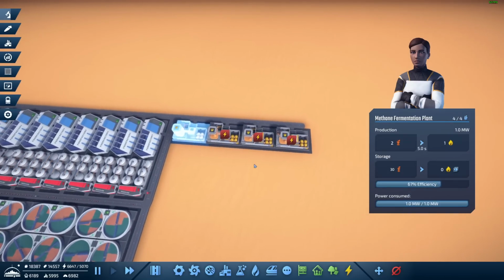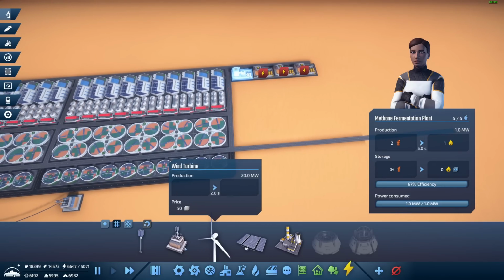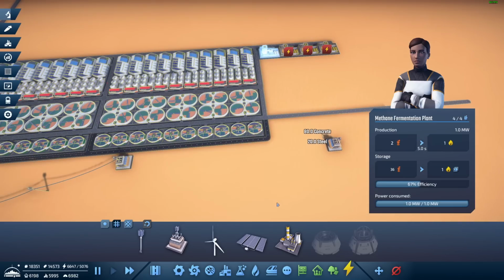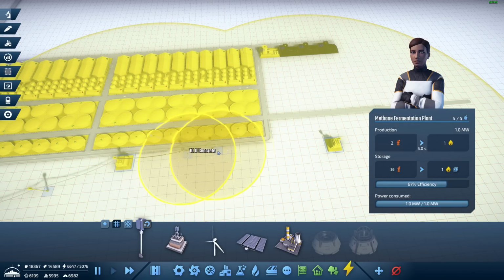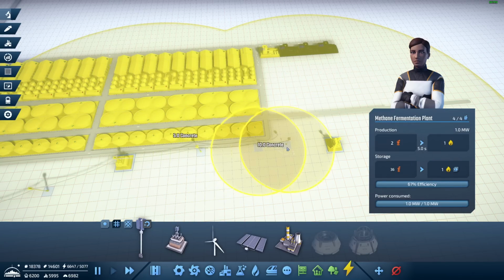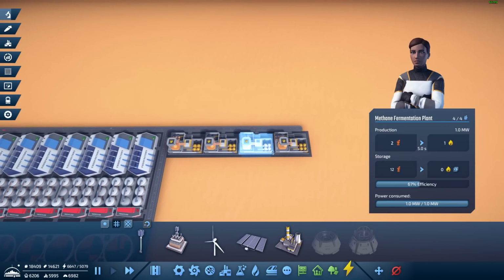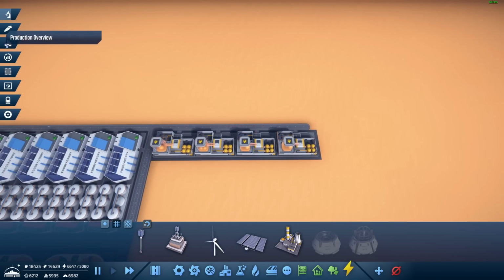And you guys should... Nope, you do better if you have power. Can I get a substation right about... Well, there. And you... To you... To you... To you... And that should power these guys up. Yep. And then if I look at production overview...